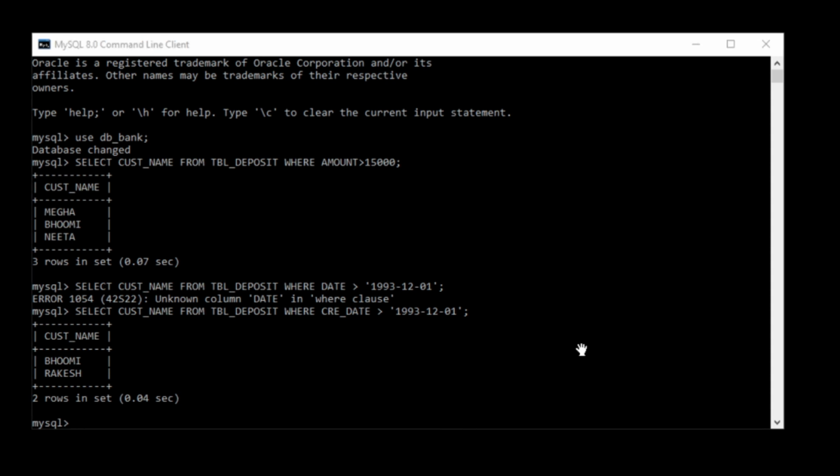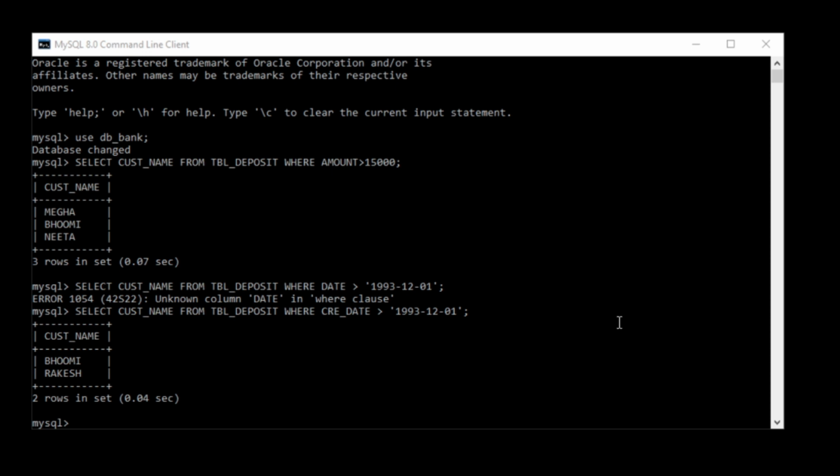Now today we have seen the practicals. The first one is to study DDL, create, drop and DML, insert, select commands, which we saw in the last lectures. Okay, and the next one is create database bank, and create tables according to the following definitions: table deposits, table branch, table customers, and table borrow. After that, we inserted the data into the tables.